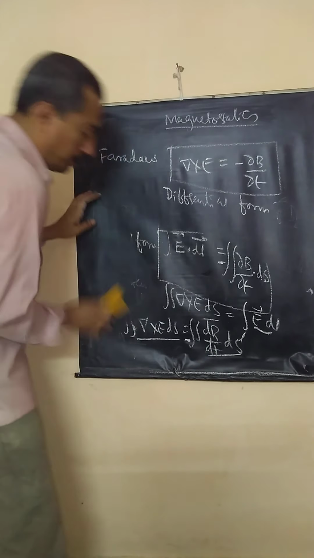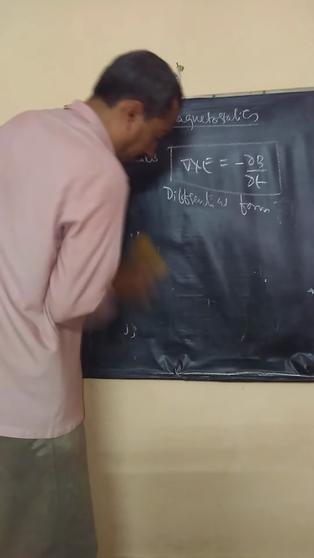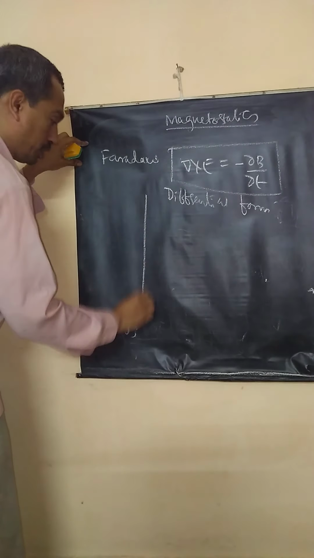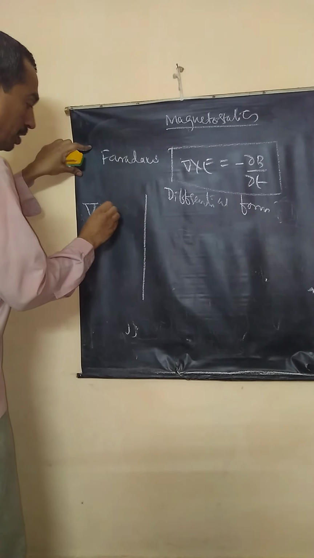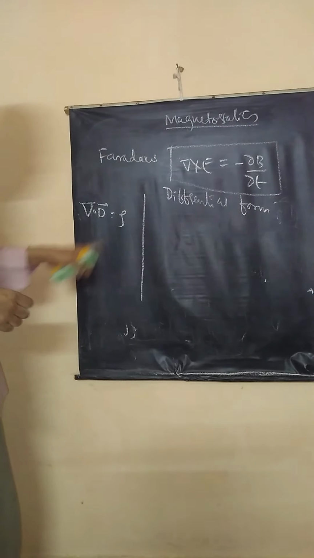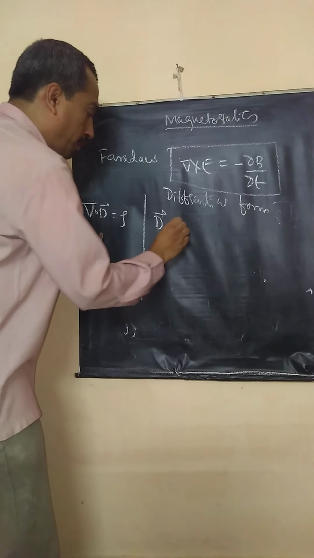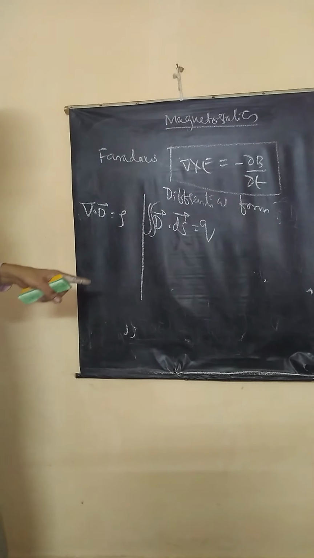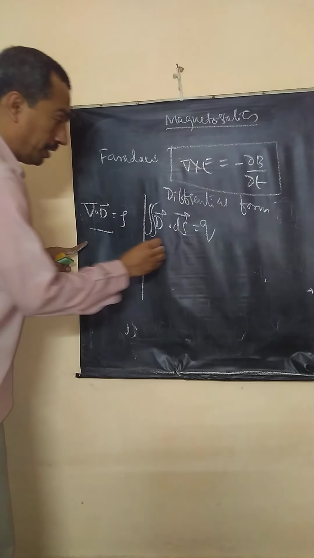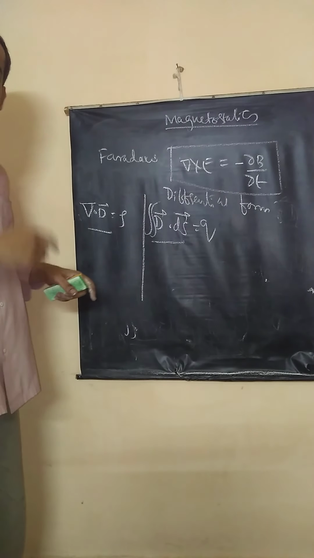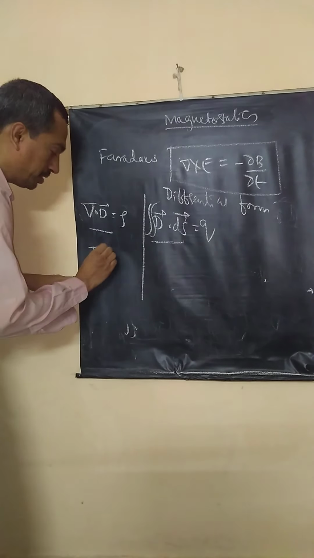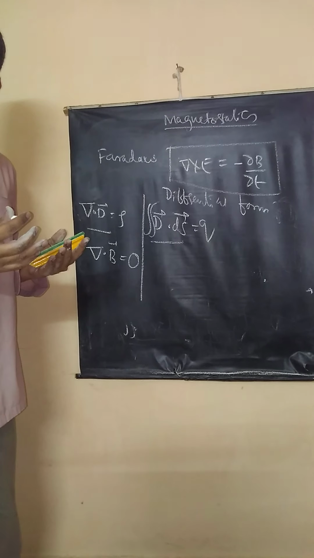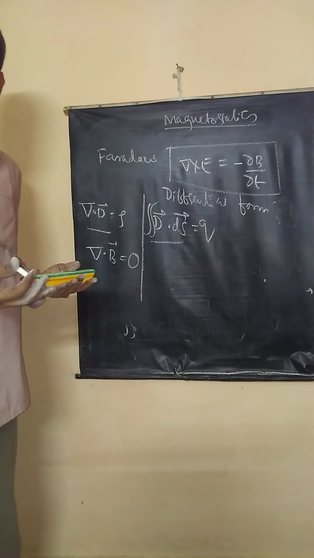Now let us write all the expressions we studied here, and I will show you which is the second and third Maxwell's equation. In electrostatics we showed Gauss law, del dot D is equal to rho, the first Maxwell's equation. What is the integral form of this? Total flux is equal to charge enclosed. Now Ampere's law. Before that, we all know that since magnetic flux forms closed loops, what is the divergence of magnetic flux? Zero. There is no net quantity going out of a closed surface.